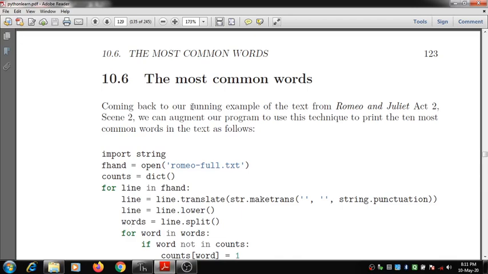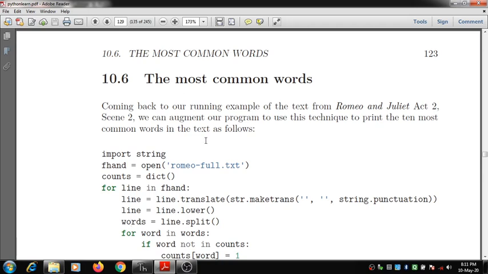So in this presentation we are going to see how we can extract the most common words that are present inside a text. Coming back to our running program of the text from Romeo that we discussed in the previous session, we can augment our program to use this technique to print the 10 most common words used in the text.